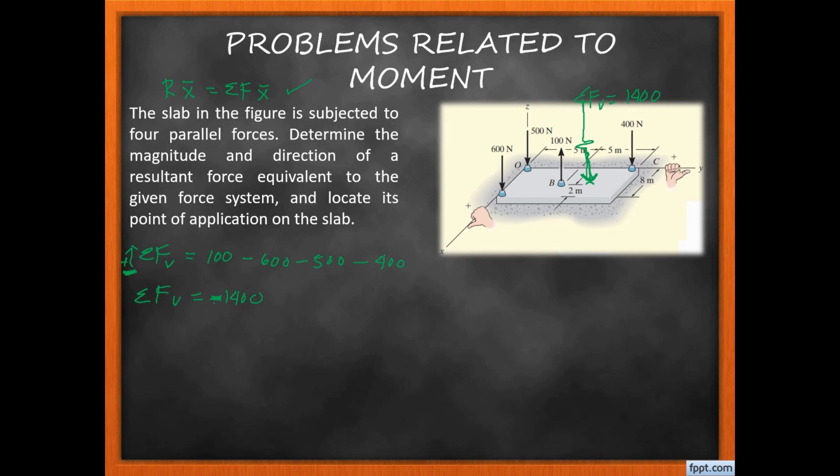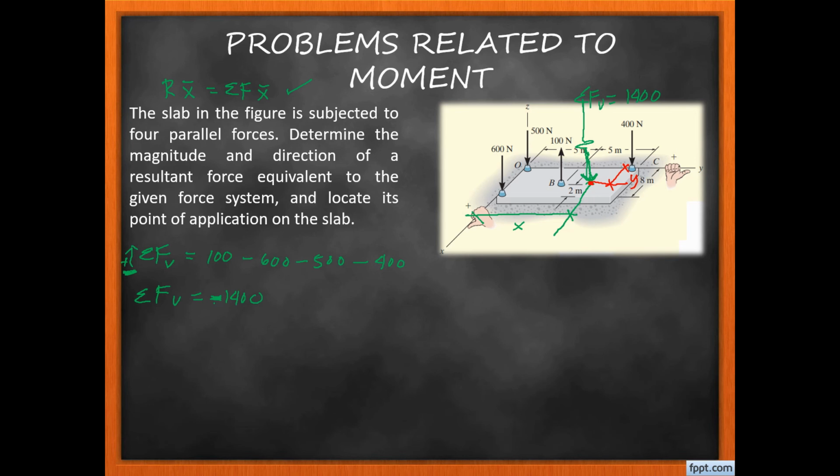Okay? So, kung yan yung ating resultant force or yung summation of forces along vertical axis, magkakaroon tayo rito ng distance. So, let's say this is x. And of course, kakaroon din tayo rito ng another distance. Let's say this is y. Yan. Okay? So, yung x and y na yan yung tutulong sa atin para ma-locate natin yung position ng ating